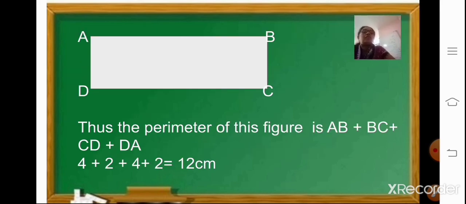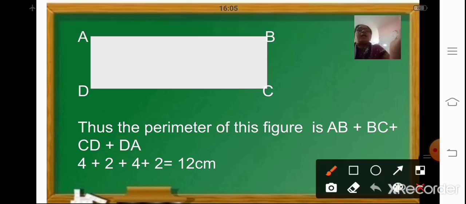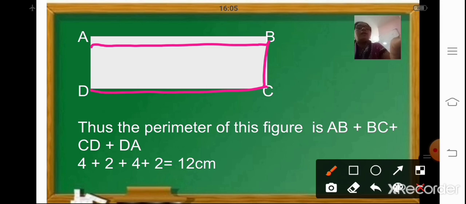Now here this is a figure of a rectangle. In this figure, when we start at point A and move along to B, and then from AB we move along to BC, and from BC we move along to D, and then we move along to DA, and we reach the starting point, that is A. Only in a closed figure is this possible. So we can find the perimeter of only a closed figure, or you can say perimeter is the total length of the boundary of a plane closed figure.